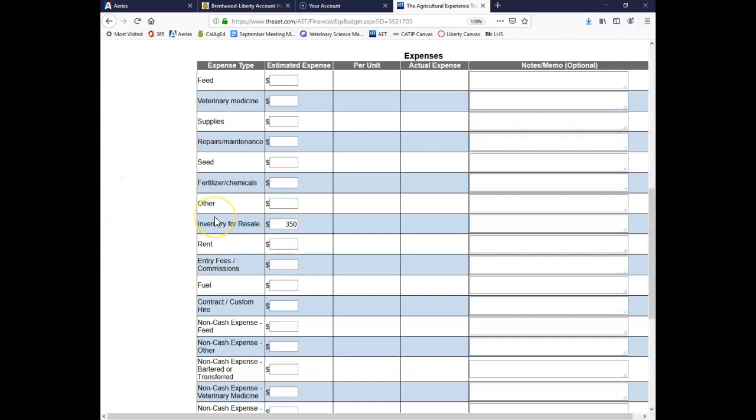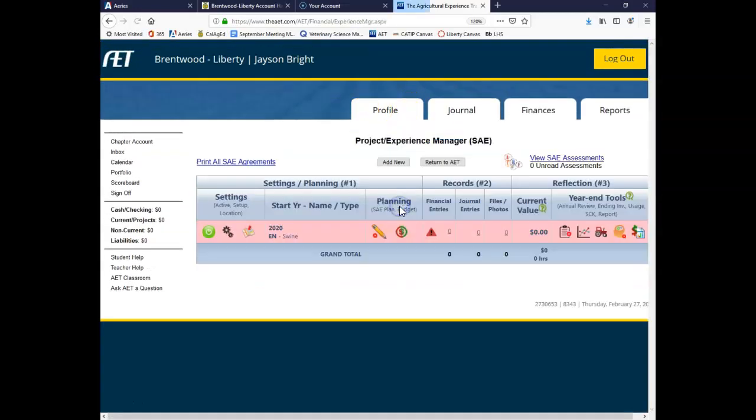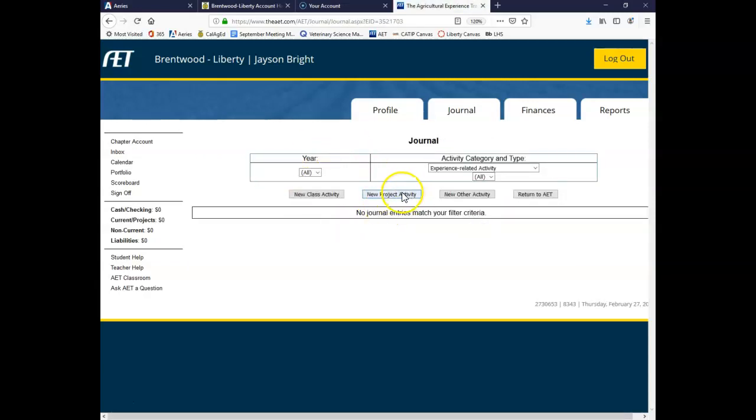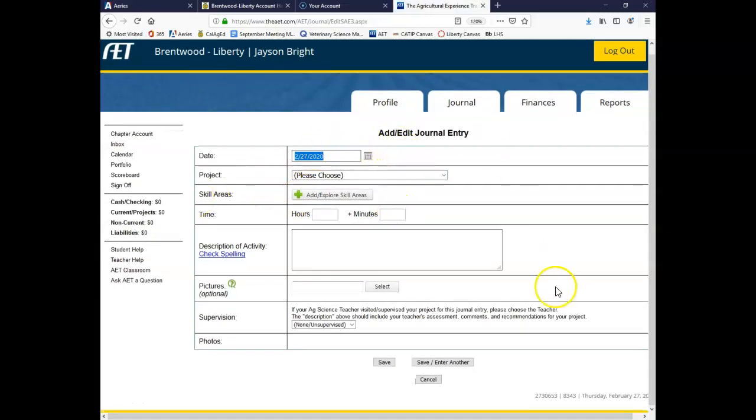So inventory for resale. Okay. So when you are done with that, you will save it. And you need to have at least 1 financial entry or 1 journal entry, or both. By now you should have more. Okay, but for journal entries, you will click on that, new project activity, and then you will just fill this